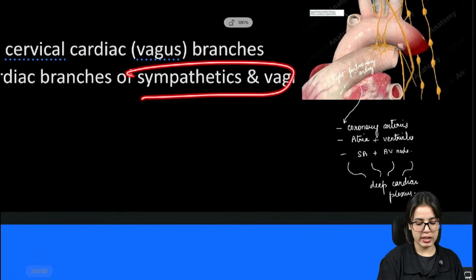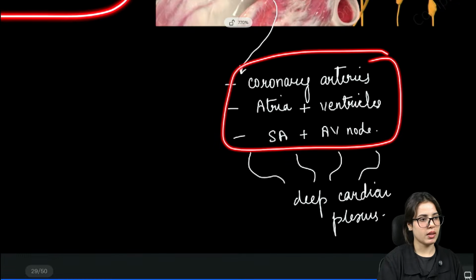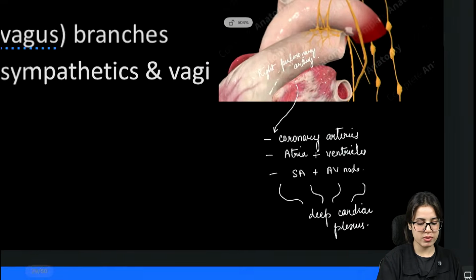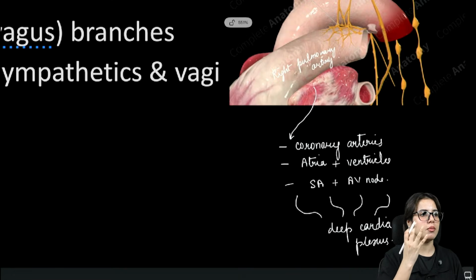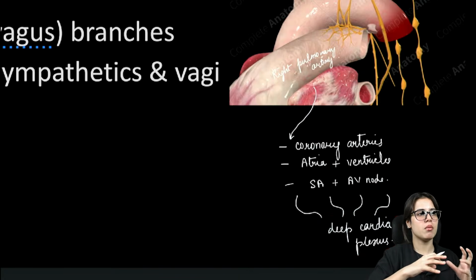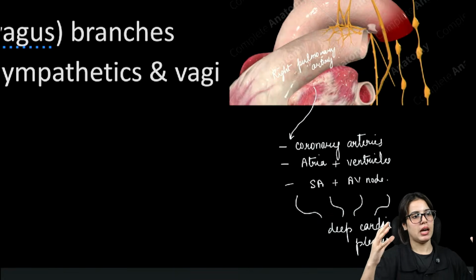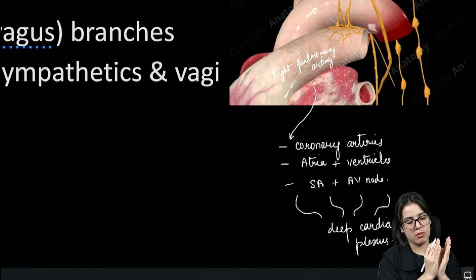So, except these, everything is actually superficial. You can say the superficial cardiac plexus is like a part of the whole mechanism that's providing impulse to this. Okay, and the deep cardiac plexus is actually the bigger spectrum of it, and the superficial is the offshoot of it. Okay,